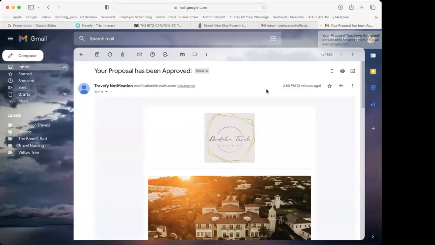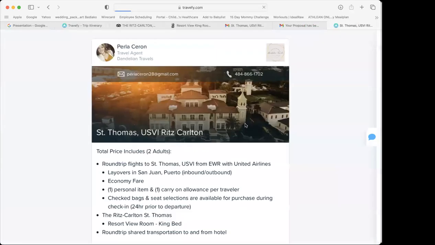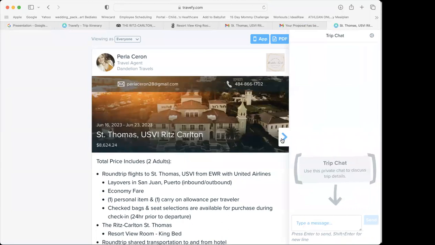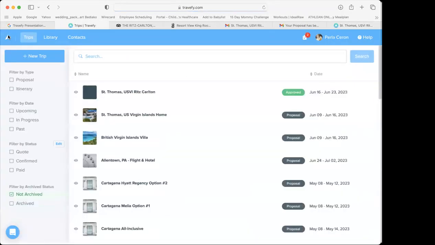So what I wanted to show you is the messaging. If I were the client and I click this and hit view online, I can hit this little blue box and send a message to the agent, to me. I can say, hi, Perla, can we please change the flights or something? Something like that, send. So now me as the agent, if I go on here,